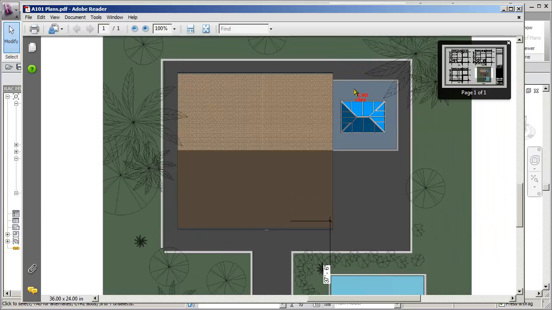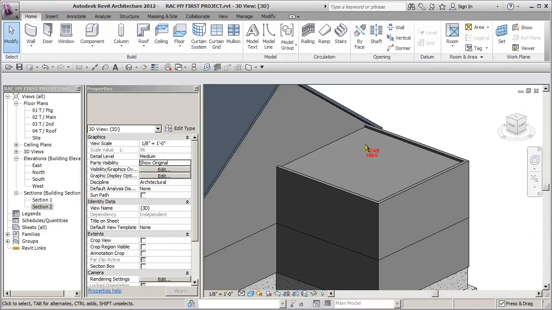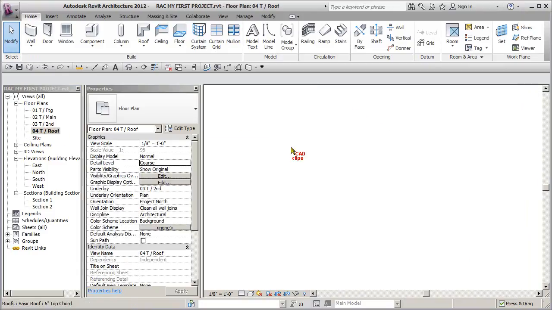Okay, so what we need to do on our roof plan here is just cut a hole, and I don't know, it doesn't have the size, but we can more or less guesstimate the size of that, and then we'll draw a little curb wall and do our glazing on top of that. So that's our next task here. So we'll go back into here, and let's go to our top of roof plan,